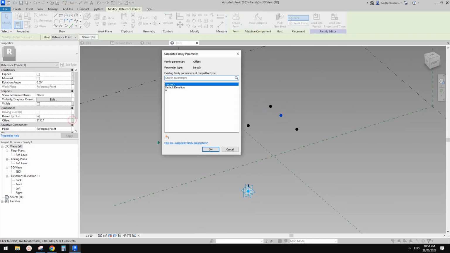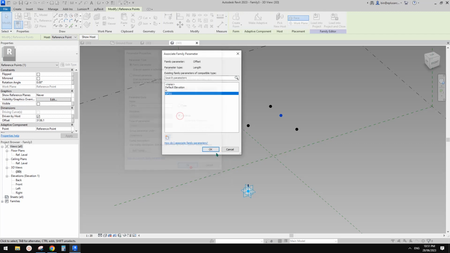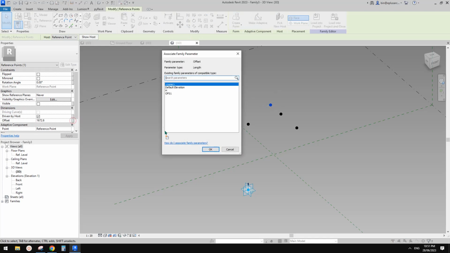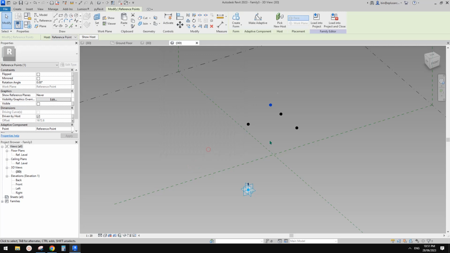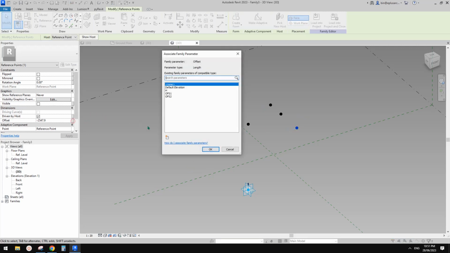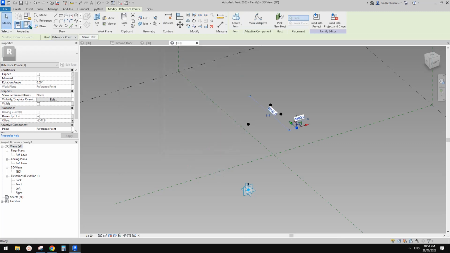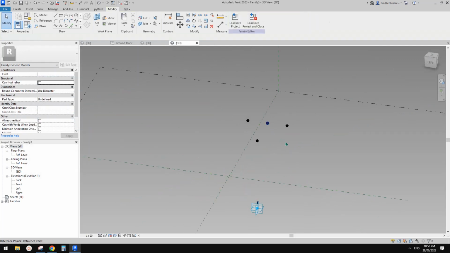Okay, so let's select this one. For this one, we can create a parameter. Let's call it OFS1, instance. Okay. And for this one we can create another one, OFS2, instance. And this one will be a negative, so I'll call it OFS2 negative, instance. Go to family types. Offset 2 negative equals negative offset 2. Okay, so now we can just